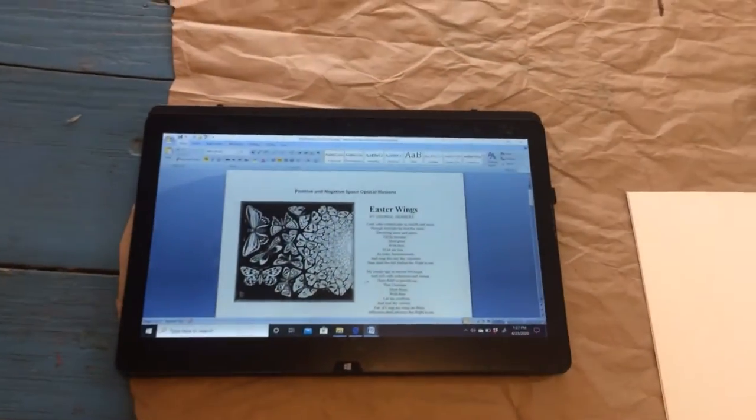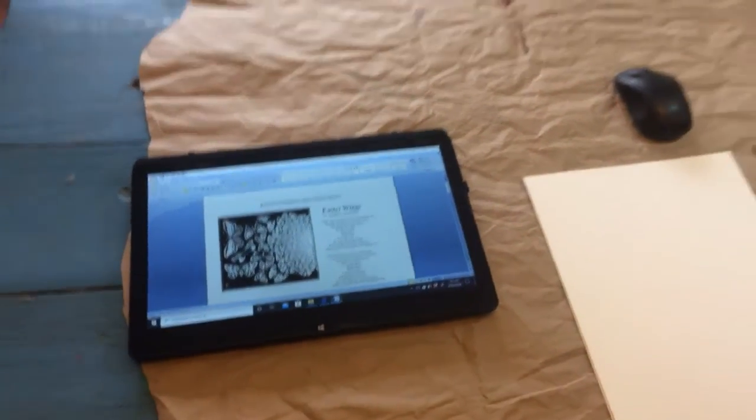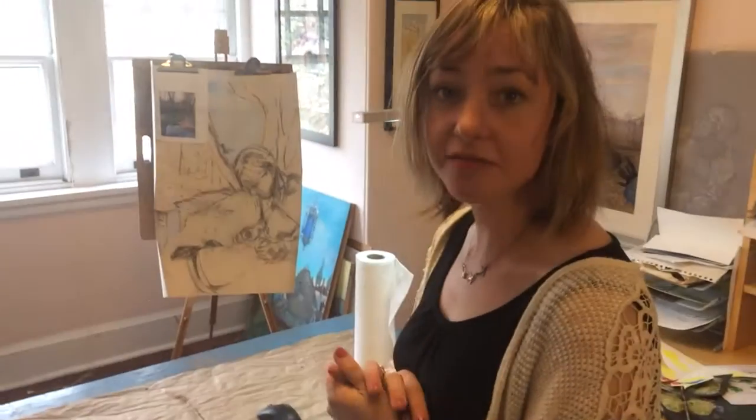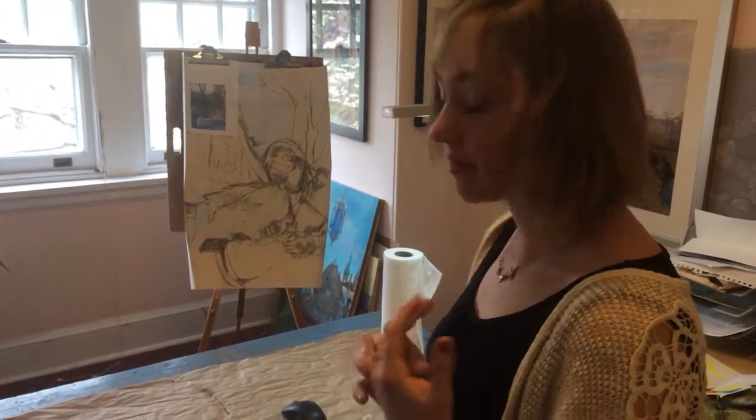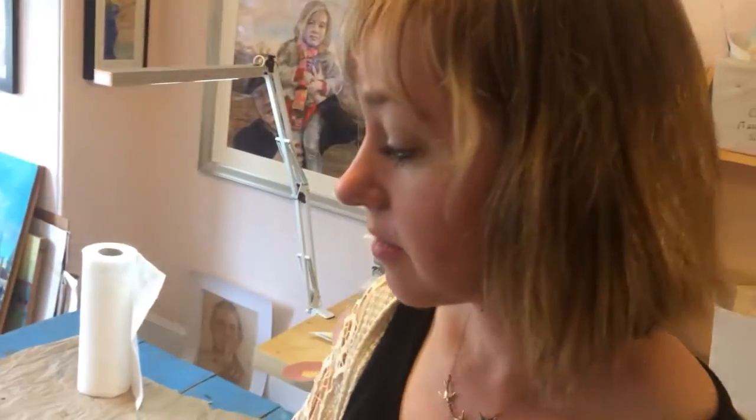M.C. Escher was an artist who was kind of ahead of his time. He lived from about 1898 to 1972, so he died towards the end of the op art movement. But he played around with space. He's interested in very similar things to the op artists of the 1960s. So in this piece,